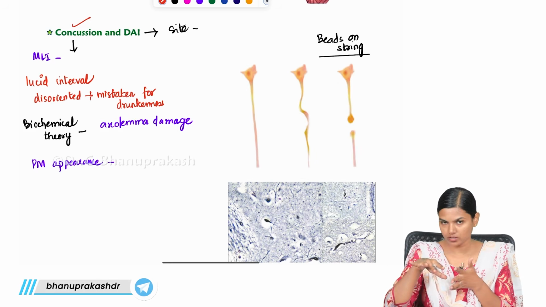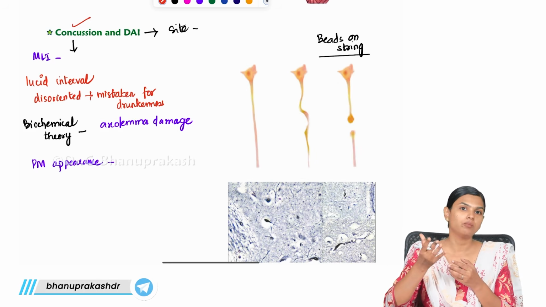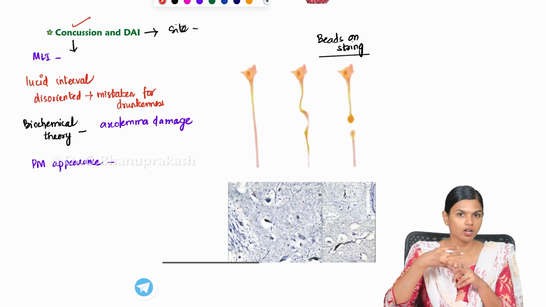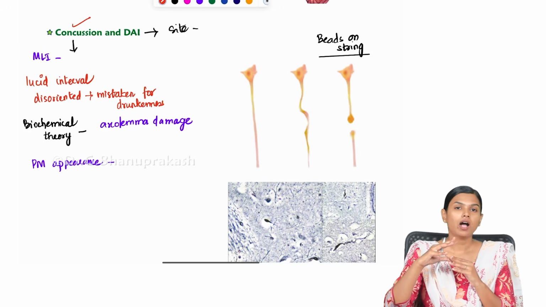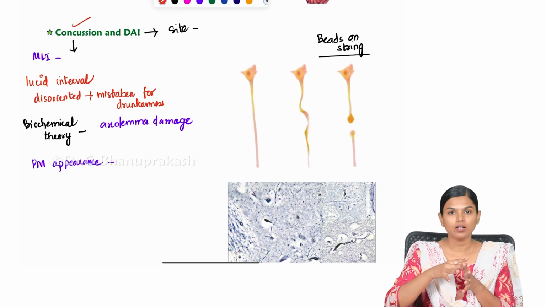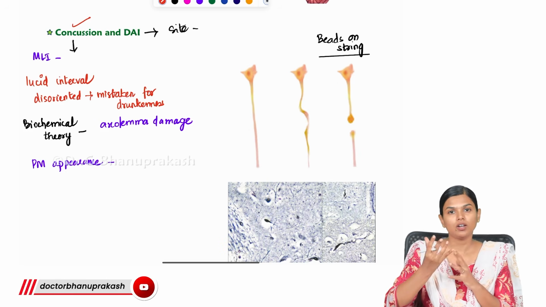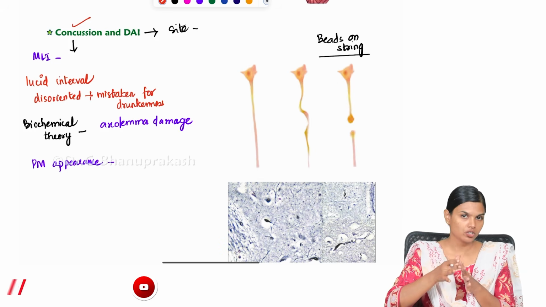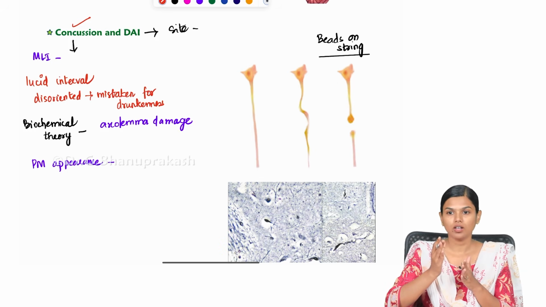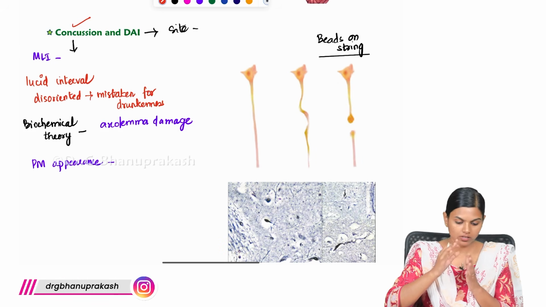They won't have any external injury, but they would have had some loss of consciousness and amnesia. So they will come to you and people will think that they have been drinking, because of that they are disoriented. So people will mistake concussion for drunkenness. Without proper history and idea, you won't be able to differentiate a concussion from drunkenness. So this is the main medico-legal important thing in concussion.